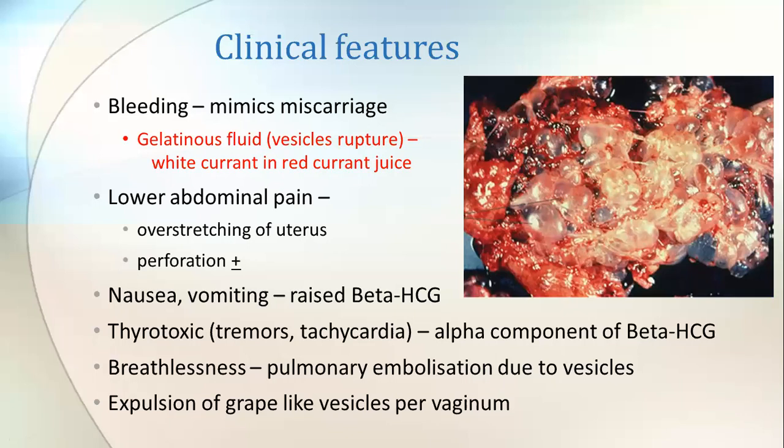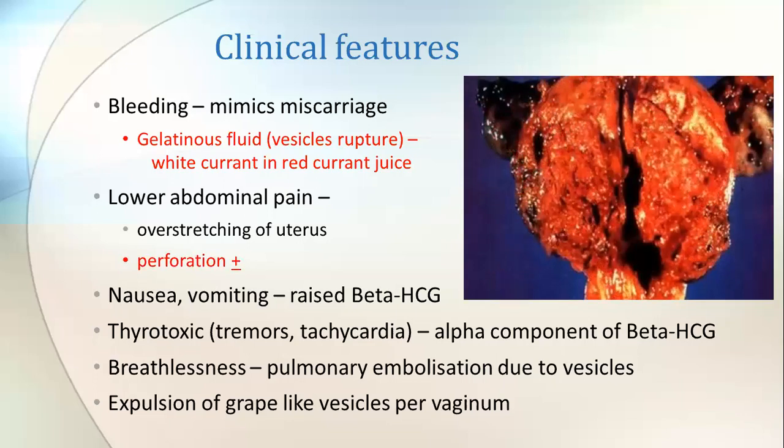Okay. And next, the patient complains of lower abdominal pain. Why is there abdominal pain for the patient? The uterus contains vesicles, concealed blood, and blood clots. With the accumulation of these, the uterus goes on stretching. Sometimes because of the overstretching, at the point of weakness, it gets ruptured or perforated. Because of this perforation, the patient will complain of pain, and also the uterus in the process of expulsion produces some uterine contractions. So the patient complains of abdominal pain because of the overstretching and also the perforation of the uterus.